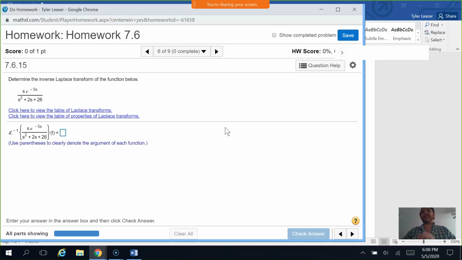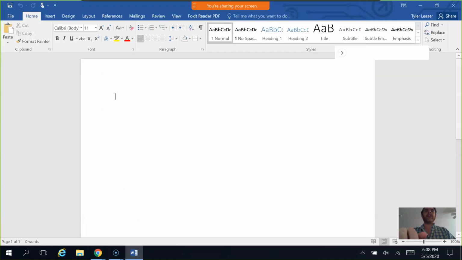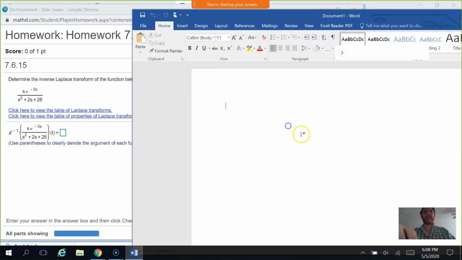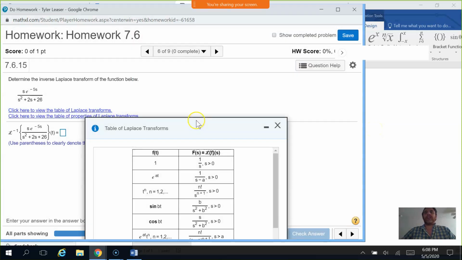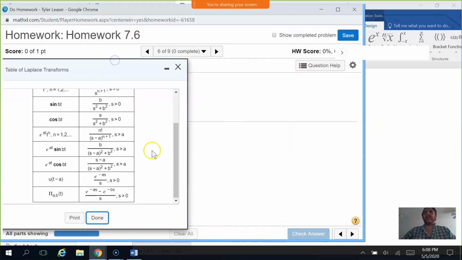All right, so determine the inverse Laplace transform of the function below. And they give us the same stuff they always give us, those two tables. So let me just copy it over here. First thing that you should do is open up the initial table that we have,